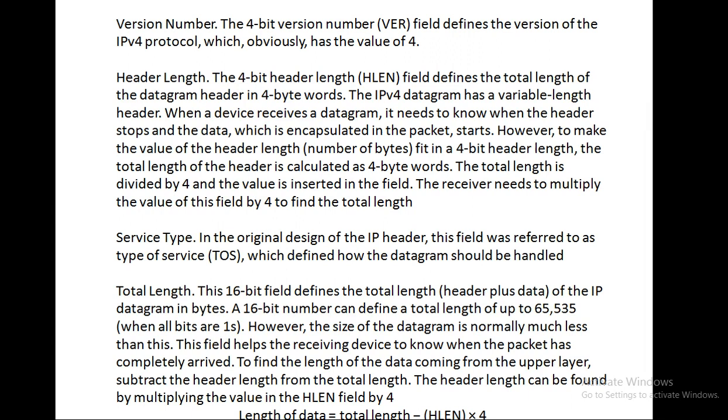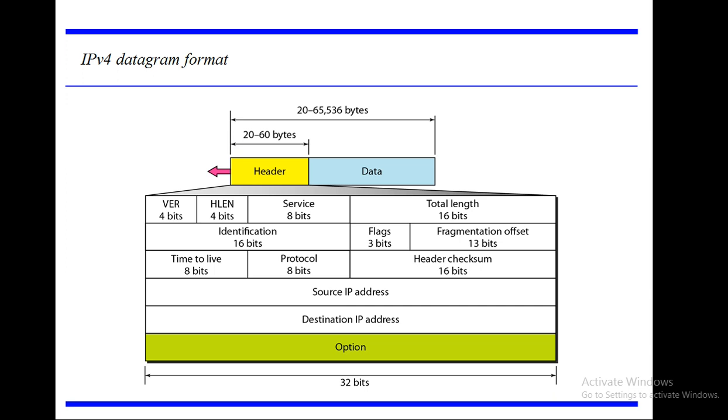Okay, now what value is to be added, that is very important here. For example, if the header length is 20 bytes, then 20 should be divided by 4, the value is 5, so 5 should be added. It means at the transmitter side the total header length will be divided by 4 and that value will be put. Obviously the opposite thing will happen at the receiver. Whenever the datagram is received, the receiver will come to know the header length by multiplying by 4 the value stored in the HLEN. For example, if it is 15, then 15 into 4, it will understand that the total header length is 60 bytes.